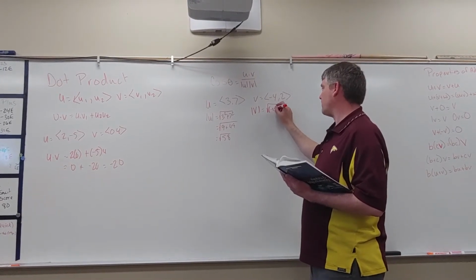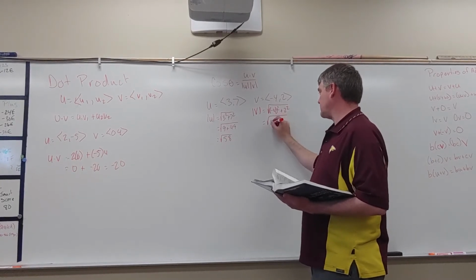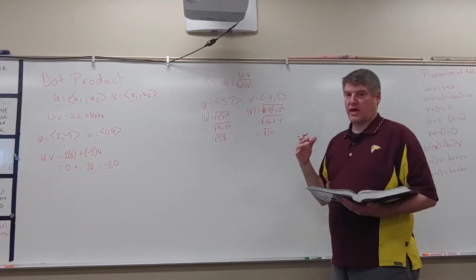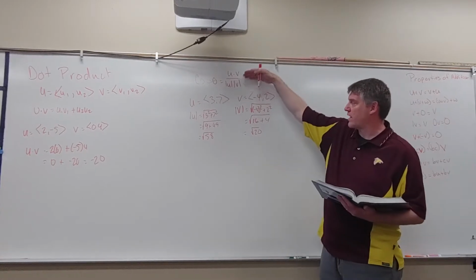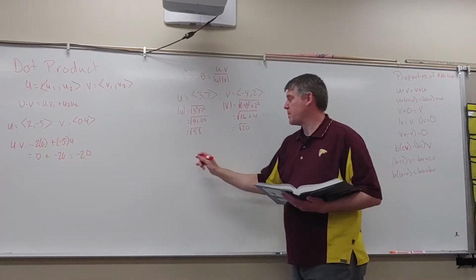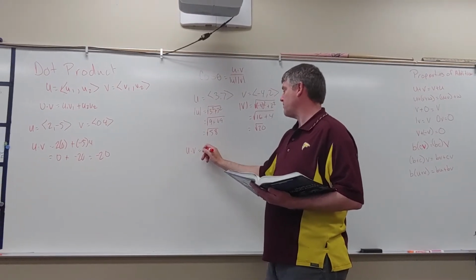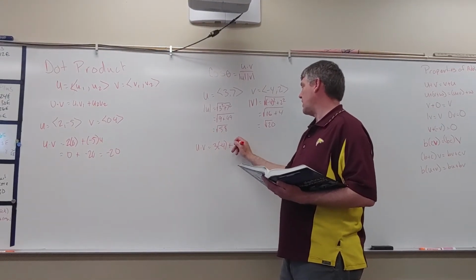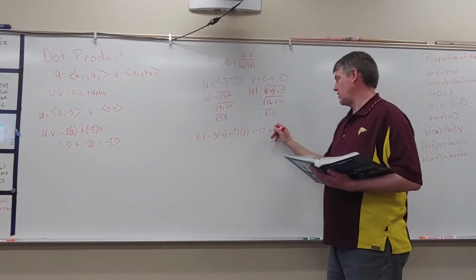So I have negative 4 squared plus 2 squared, so I have 16 plus 4, which is the square root of 20. I'm just not going to simplify them right now because eventually this is going to work out to be a decimal anyways. So now I'm going to find u dot v. Well, u dot v is 3 times negative 4 plus 7 times 2, which gives me negative 12 plus 14,